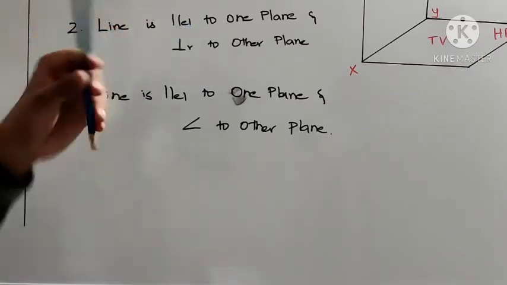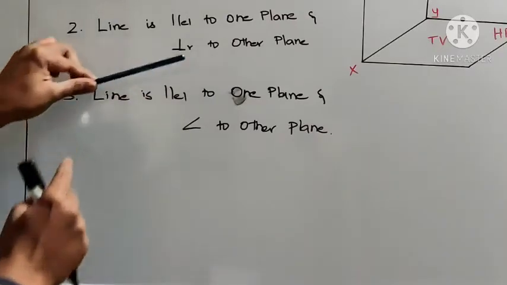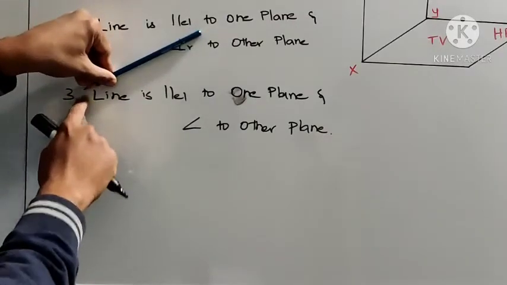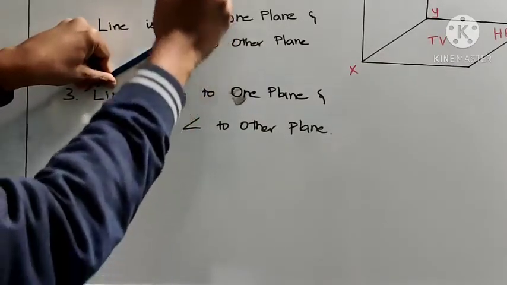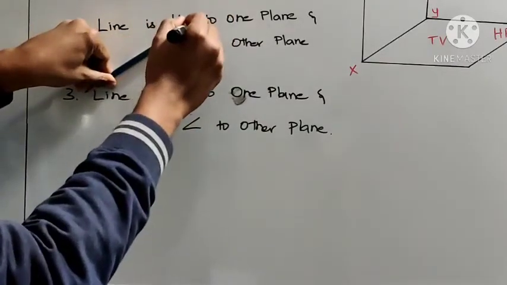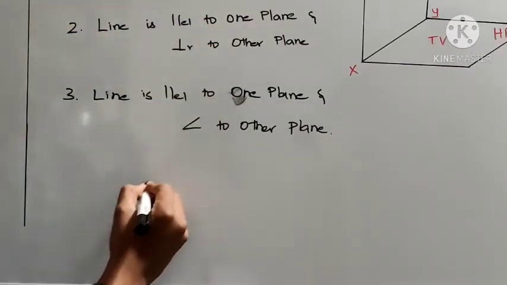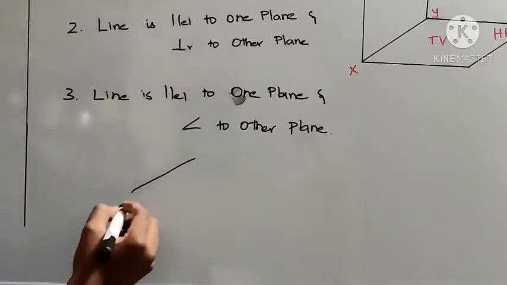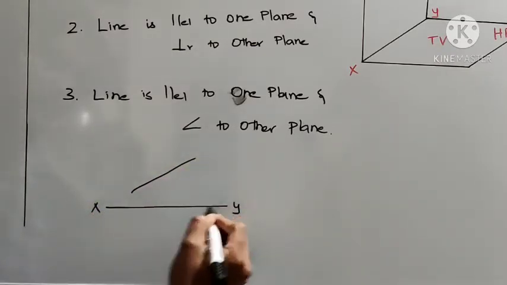So the true length is the actual length, and the projected length is the length you get when it is inclined to the plane. If you see from here, one projector will trace this end, the other will trace this end. So something like this. So this is the true length. We will get the true length in the front view, x and y.